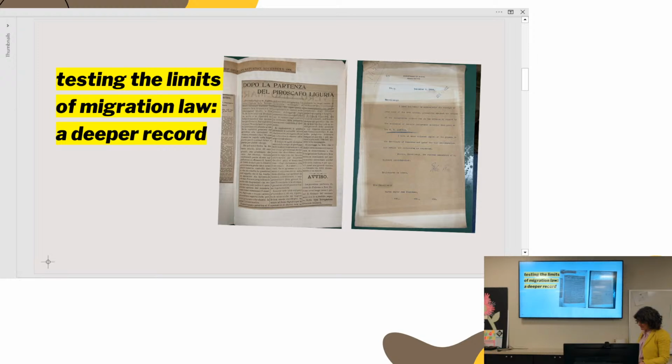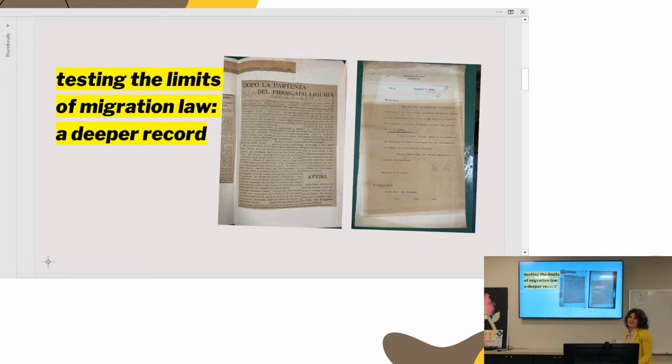But what we can start to see is that when we focus on the relationship between Italy and the United States at the turn of the 20th century, we can expose what I argue are the integrated development of systems that control the outflow and the inflow of migrants. Again, we're thinking about this as a globalized system that is primarily constructed in U.S. legislation, but not entirely and cannot entirely be controlled by U.S. forces or U.S. policies. So records like this deepen and expand our view of gatekeeping to include many kinds of border controls.